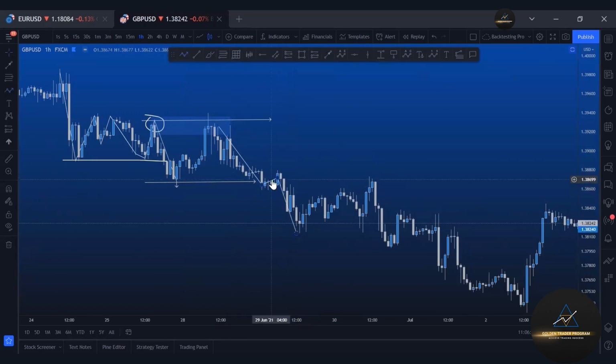Why is there a break of structure? Because we finally have a couple of bodies closing. Not these wicks here. These are just stop hunts and liquidity grabs, which I'll cover in a different video on how you can catch these tiny moves in those small time frames. And yes, we can capitalize everywhere, on the way up, on the way down, catch these big moves here as well. But at the moment, we're focusing on the most relevant piece of price action, the most relevant highs and the most relevant lows. Eventually, once price did in fact break structure,